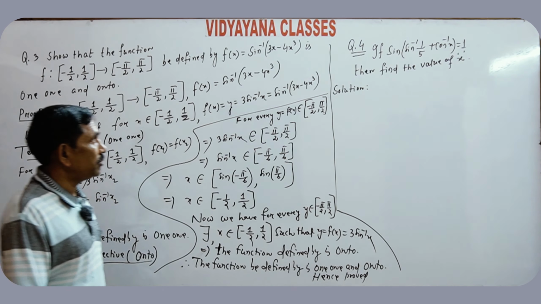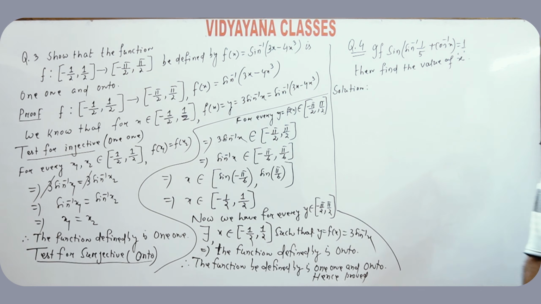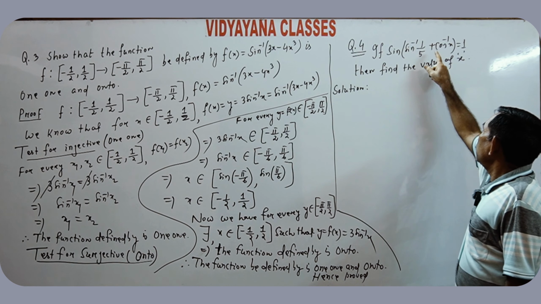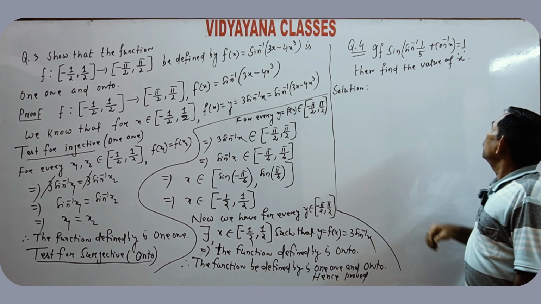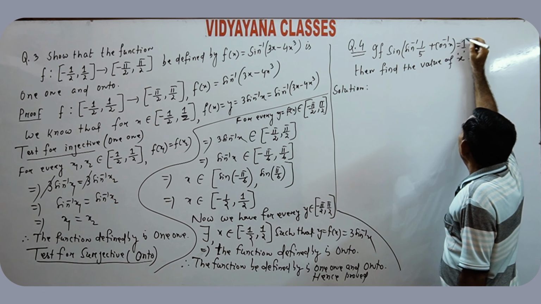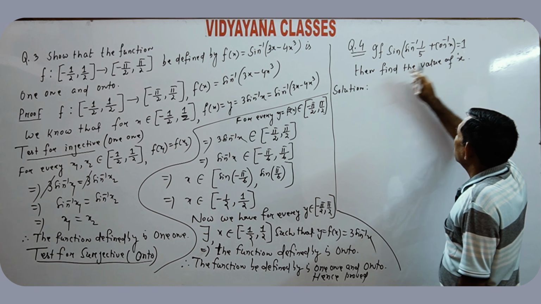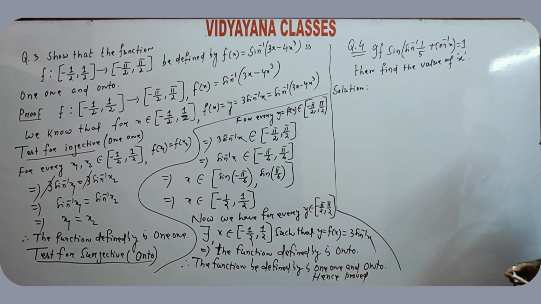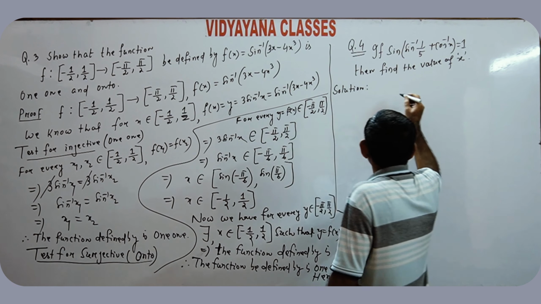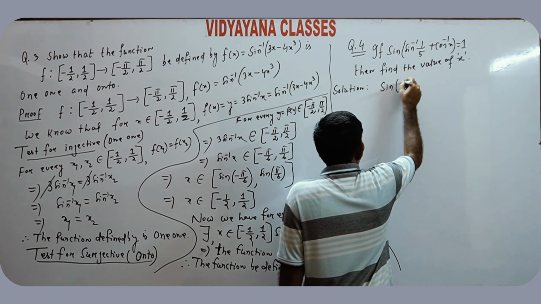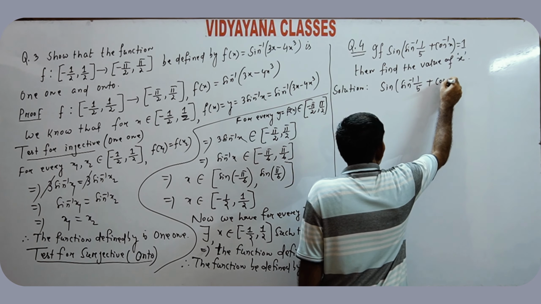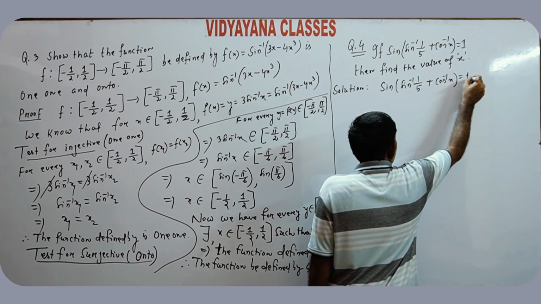Okay. Next, question number 4. If sin⁻¹(1/5) plus cos⁻¹x is equal to 1, then find the value of x. Sin⁻¹(1/5) plus cos⁻¹x is equal to 1,